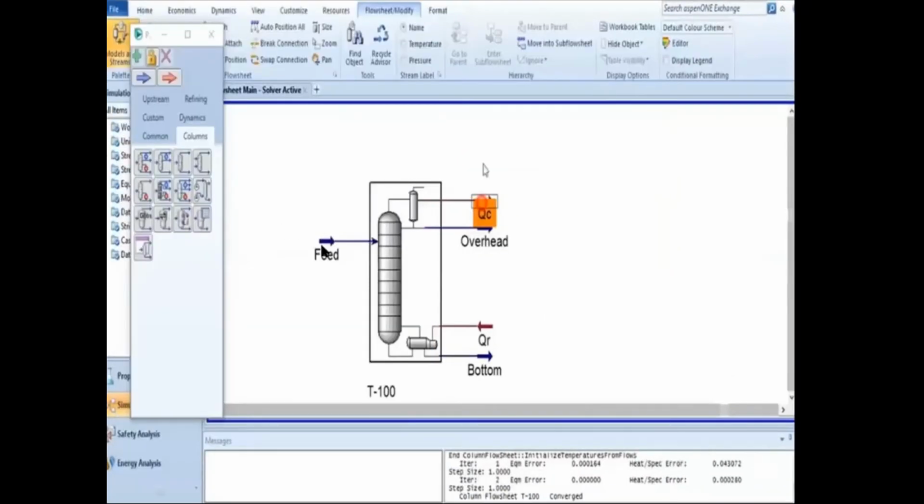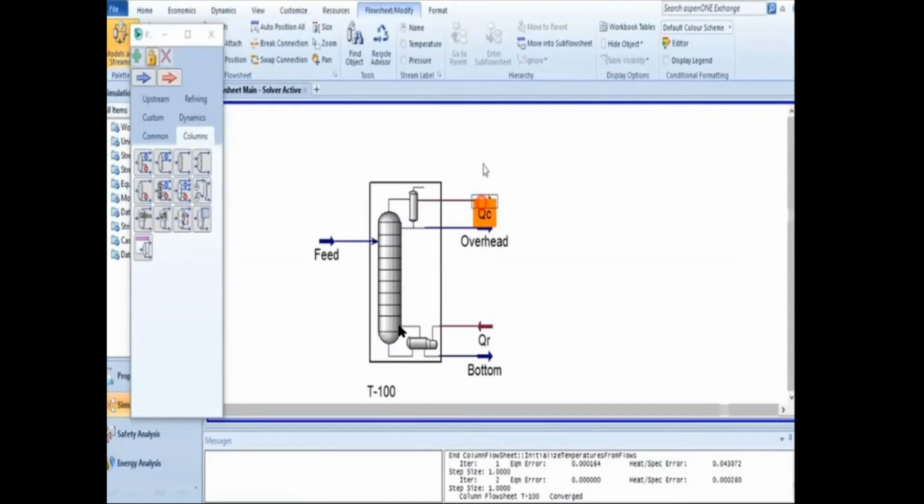We are entering here feed, and there are some outlet streams. Suppose overhead, bottom, like this. These are the outlet streams. So these outlet stream compositions, these outlet stream properties are calculated by this software. But feed properties you have to enter. Feed composition you have to enter. Temperature requirement you have to enter. Just outlet compositions, outlet streams data is calculated by this software.